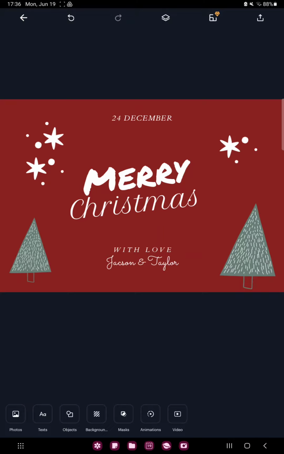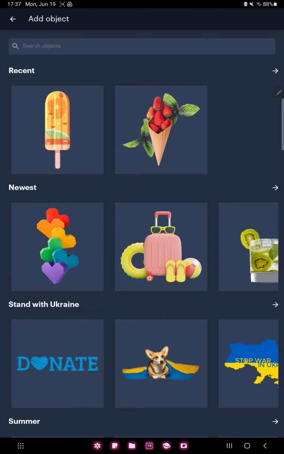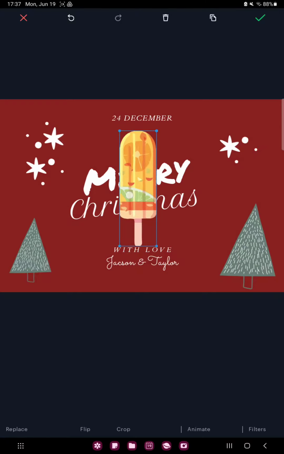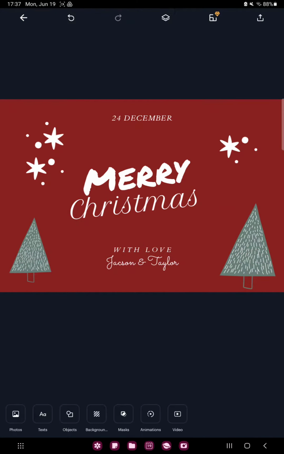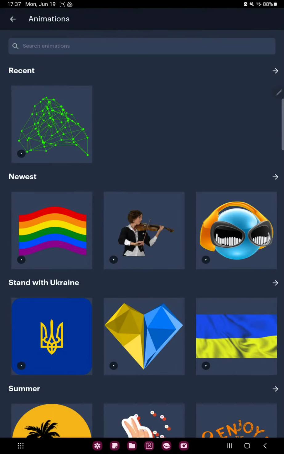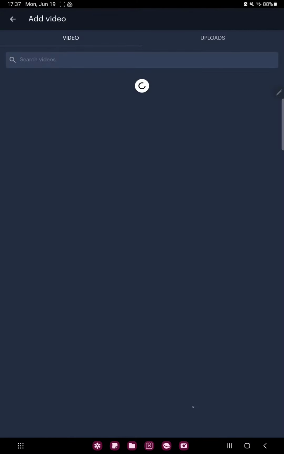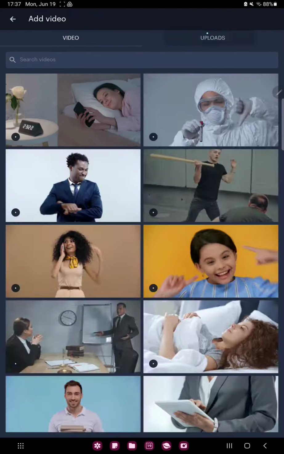If you want to add different graphic elements to your project, click the object section, and here you can search elements, or for example, click the ice cream and you can move it and edit the size. If you want to add animation, go to the animation section, and here you can search different animations, and in the video section you can search or upload